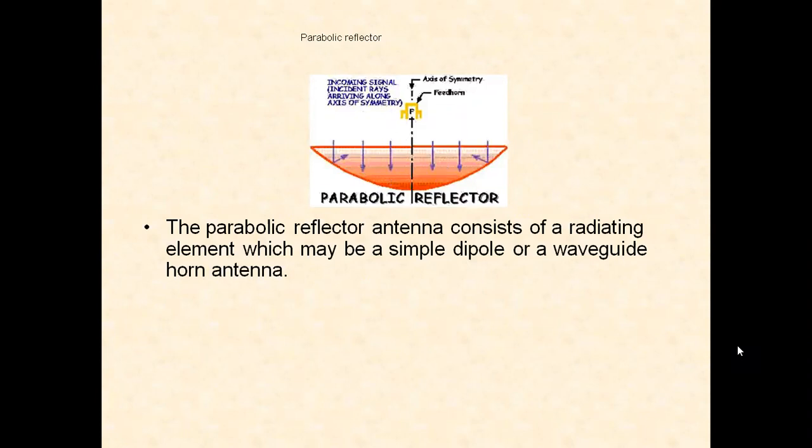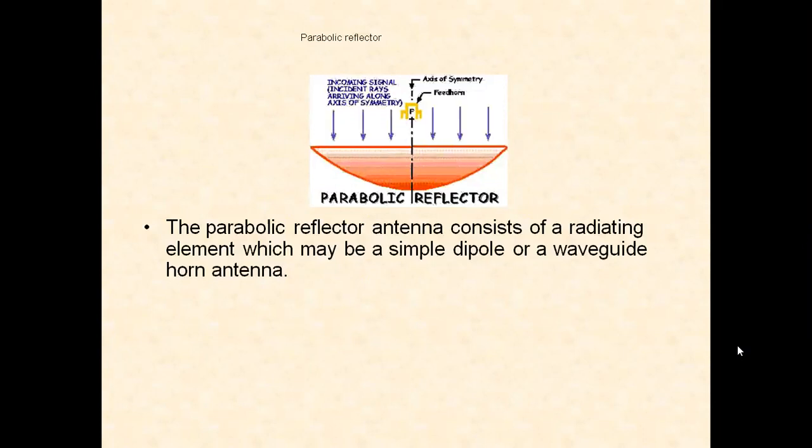And a parabola is a plane curve which is defined as the locus of a point which moves so that its distance from the fixed point, called the focus, plus its distance from a straight line called directrix is constant. Due to this property, a parabola will act as a good microwave reflector. Antennas with parabolic reflector are also called parabolic reflector antenna or dish antenna or microwave dish. This is the most widely used antenna for radiating or receiving the microwave frequencies.